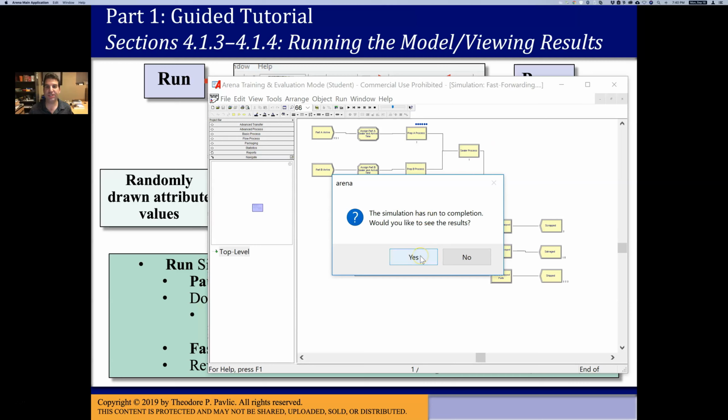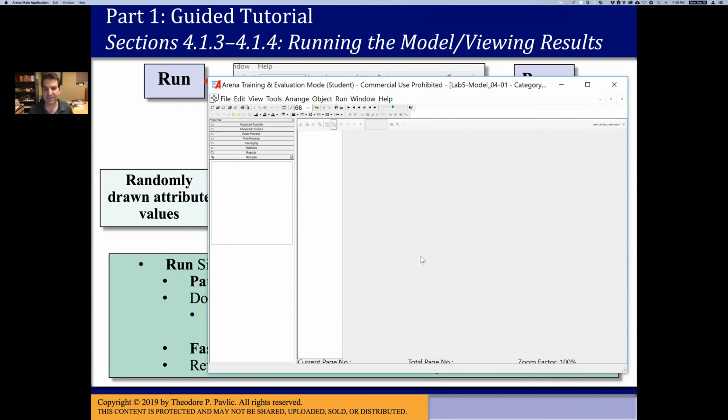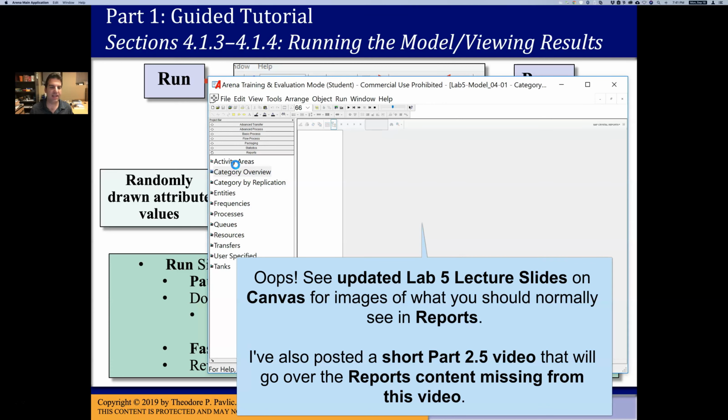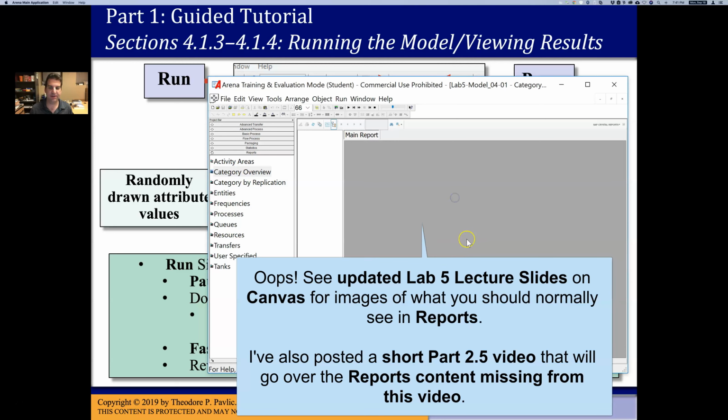And then when it says, would you like to see results, if I hit yes, it's going to bring up the reports here, and this opens up in Crystal Reports. Unfortunately, in my system here, because of how VMware is set up, my report has failed. So this is kind of catastrophic for this video. But hopefully in your system you'll actually be able to view those Crystal reports and see things like this,